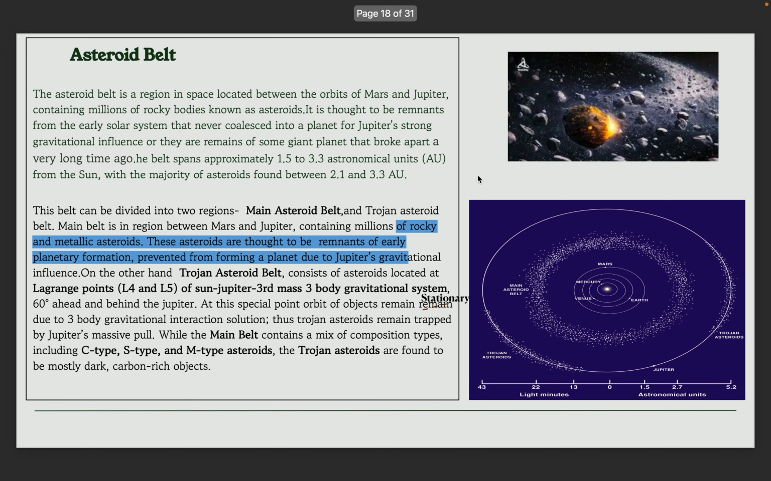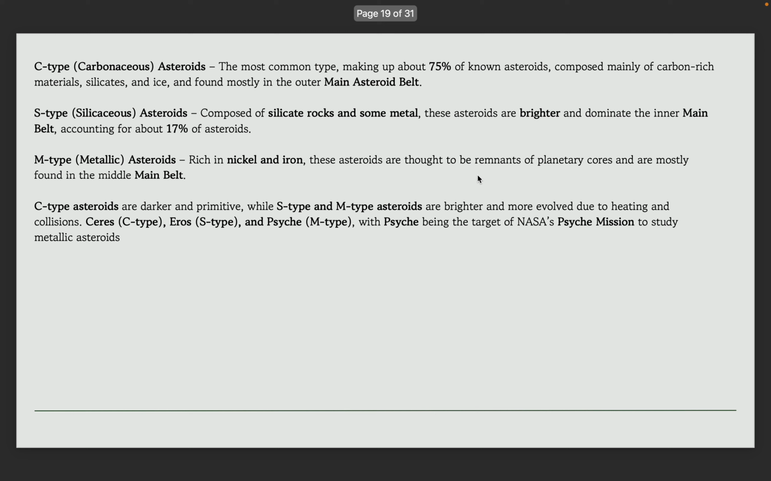So asteroids are divided into three categories based on the composition. One is the C-type asteroid, S-type asteroid, and M-type asteroid. C-type asteroids are the most common type. About 75% of asteroids are C-type. They are composed mainly of carbon-rich materials and also silicates. Ice is also within this C-type asteroid, and mainly these are found in the outer asteroid belt and also the